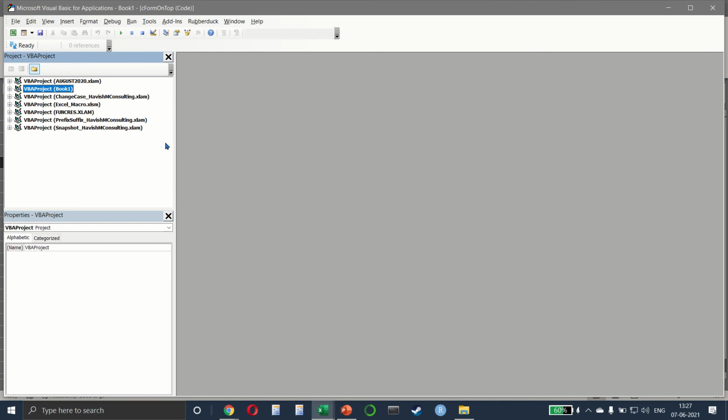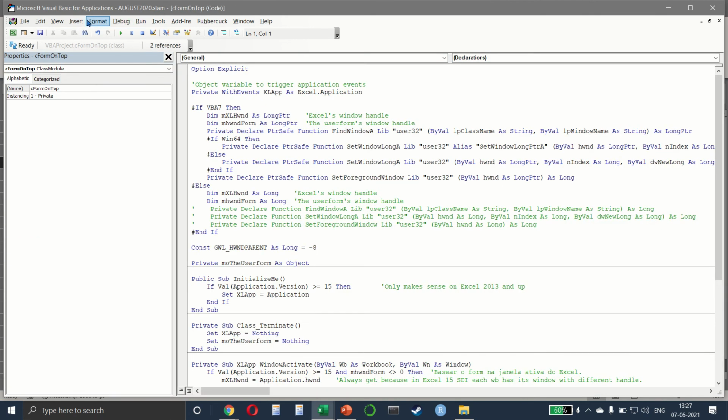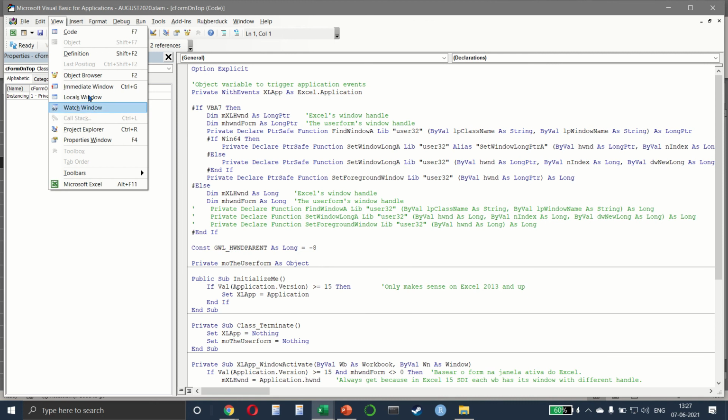On the left side, you can see a list of all the workbooks that are open on your computer. For now, we are working on the workbook called Excel underscore macro. By chance, if you cannot see the project window with the list of all the workbooks, just go to view and then select the project explorer.